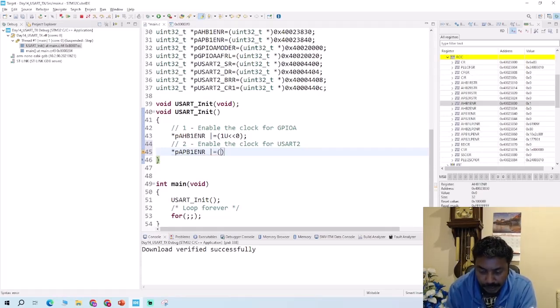You need to enable this 1U, and you need to shift 17 times. I'll tell you why 17 times. Just one sec, so save for now. So you're trying to enable this. So go back to the